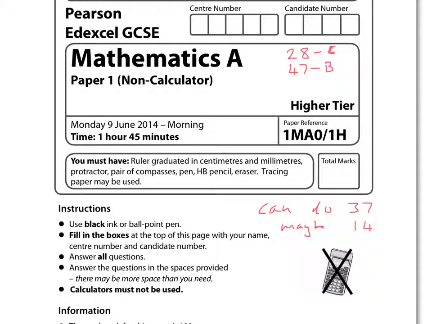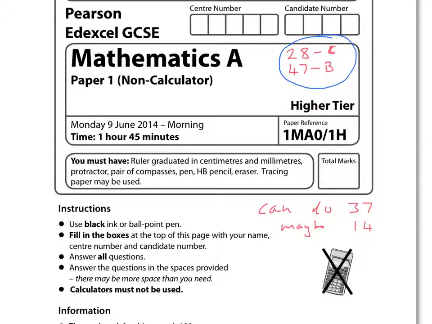This is the 2014 higher tier non-calculator paper, and this is a guide to how to get a grade C. Similar to some other videos I've done, this is mainly meant for my class this year. It's not the whole paper, it's just how we get up to grade C on it. I've just been through the paper and looking at our sort of top 40 and the stuff we covered this year. There are 28 marks,